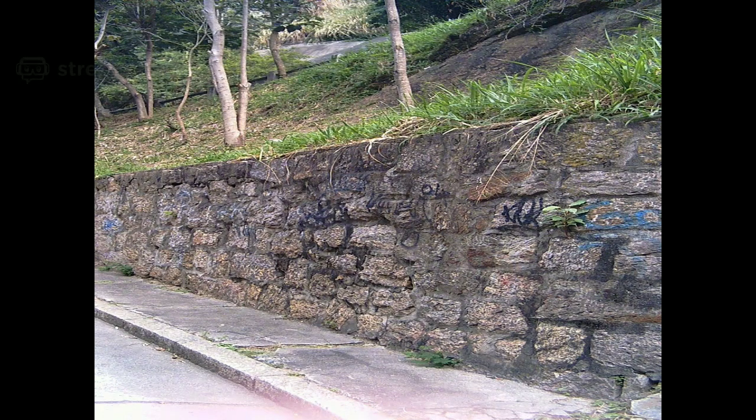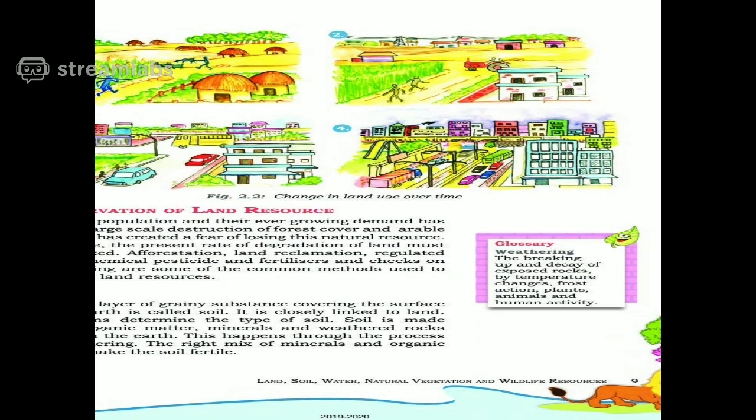Now we come to the next picture. Here you see 4 pictures, children. The first picture, let's say 50 years ago: there were more houses, there were more trees. You can see in the first picture, the people lived with modesty, and they led a simple life. In the second picture, they started building these pakka houses, and some trees were also cut down.